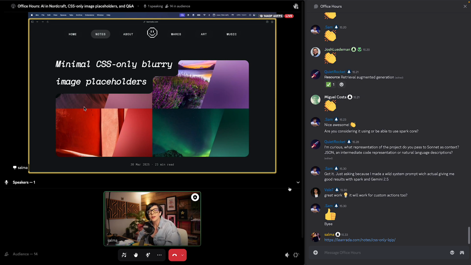I just thought it might be a fun challenge for you all to try something cool, and maybe it could be a package at the end of the day to provide others with CSS only blurry image placeholders. So that's what I wanted to show you today, and give you that little challenge. There are no prizes to be won apart from my appreciation, but there it is, open for you if you would like. The link is in the chat, and if there are no questions about that, we will move on